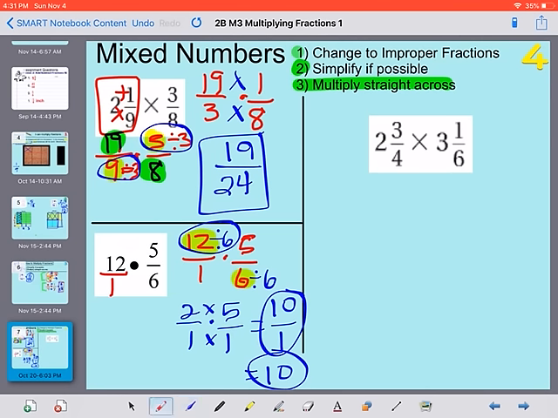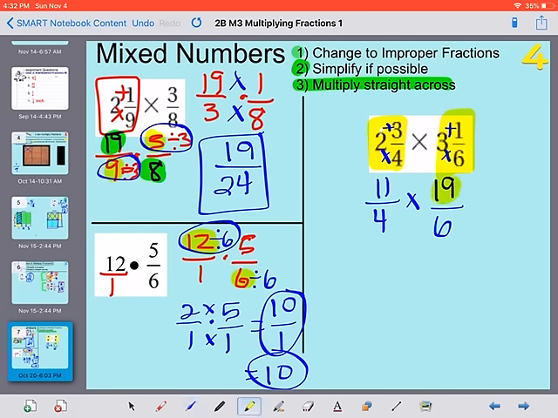Alright, this next one we have two fractions that we need to make into improper fractions. So again, remember we're multiplying and then adding. 2 wholes that are broken into 4, that would give us 8 pieces. 8 plus 3 more is 11, so we have 11 fourths. And then 3 whole circles divided into 6. 6 times 3 is 18, plus 1 more is 19 pieces, all over 6. So this one, for simplifying,